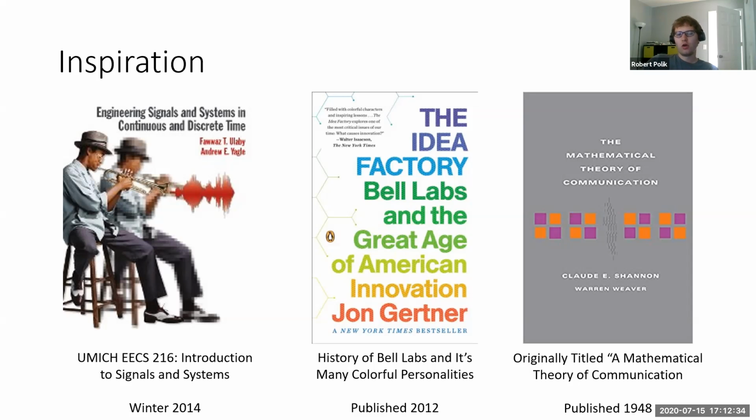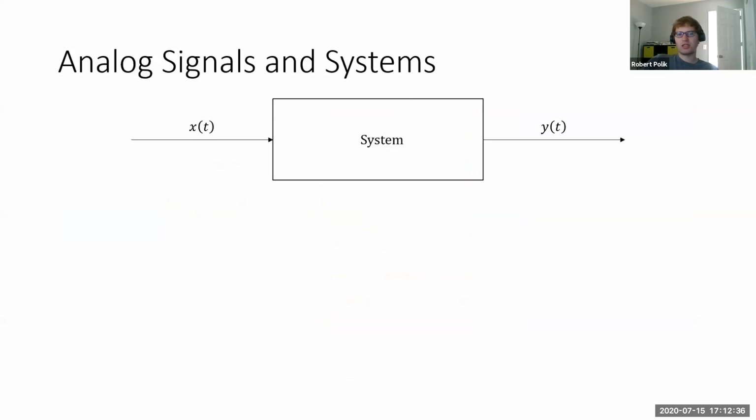And so when we're dealing with an analog system, the way you think about it is you have your signal that varies with time. So you can think of it as like some sort of waveform going into your system. And then you have another signal with some similar or different signal coming out. And so X of t and Y of t are both signals, and they're being put through a system.